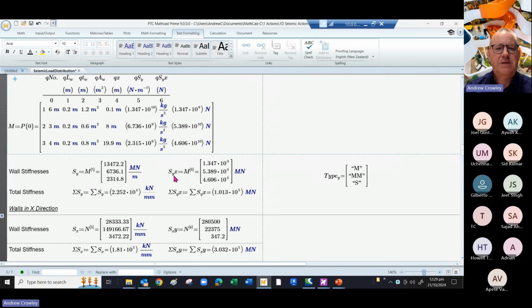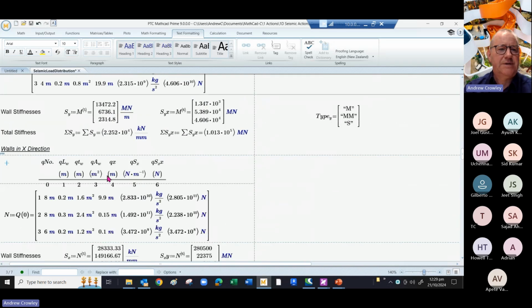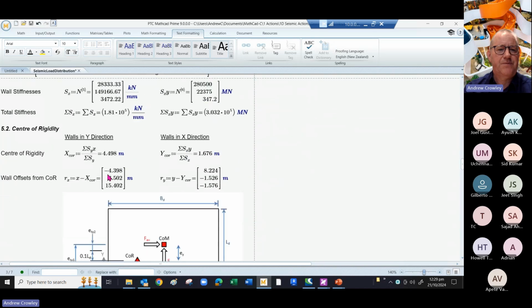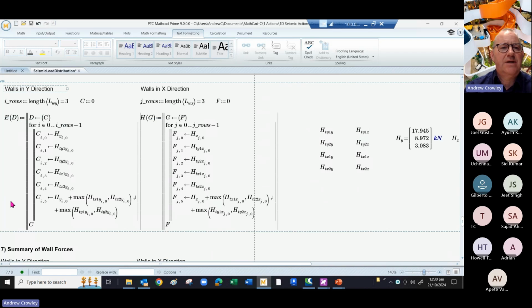And the wall stiffness multiplied by the x value is the 6th column. And we do the same for walls in the x direction, and then creating the sum total to create the final tables. So again, we're creating a matrix from the whole set of arrays we've already had and populating the